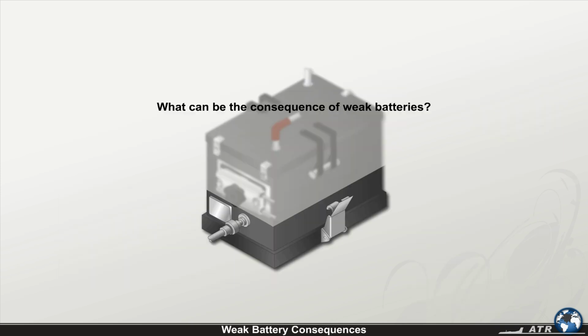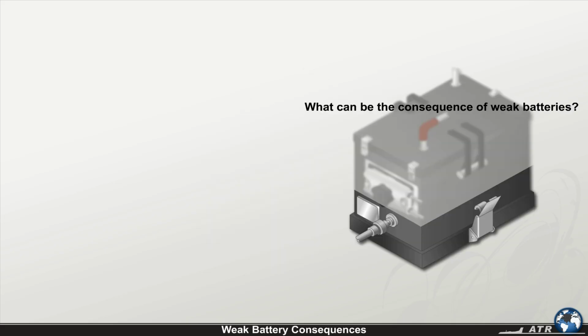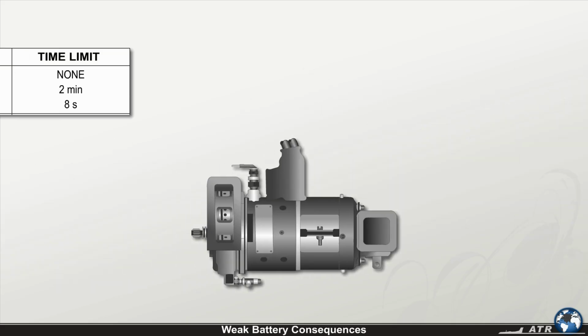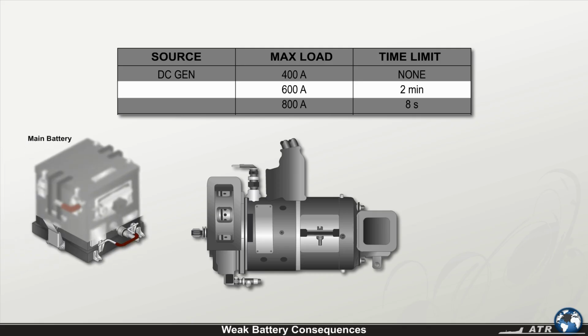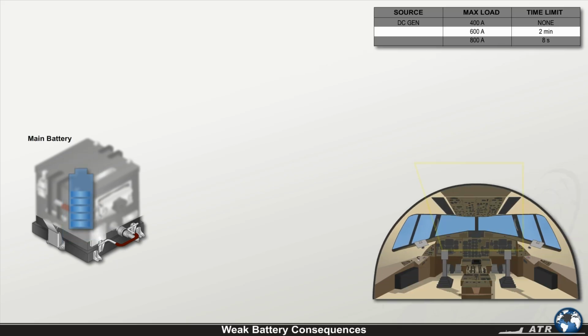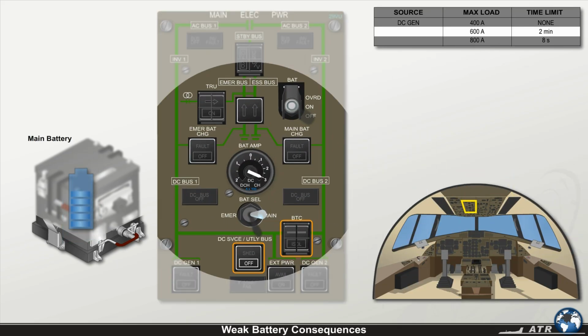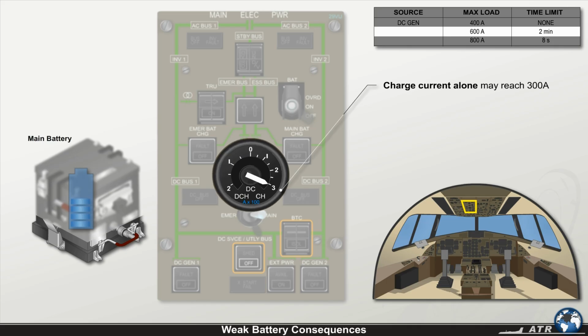What can be the consequence of weak batteries? The DC generator load limitation of 600 amps for 2 minutes may be exceeded immediately after you start engine 2 with a weak battery. This will be caused by the charge current, which alone may reach 300 amperes and result in automatic protection engagement in the shape of